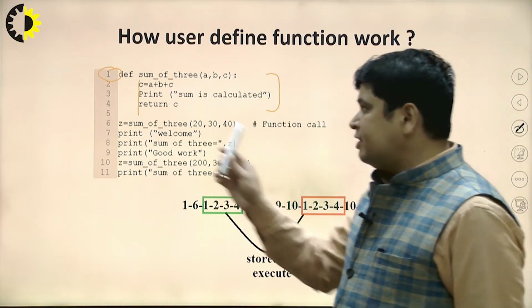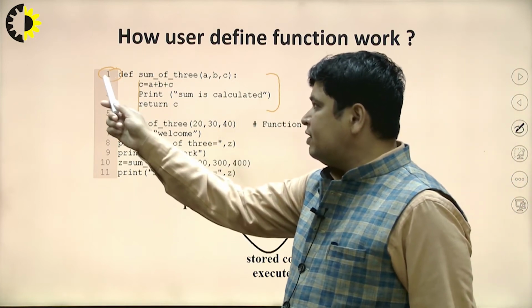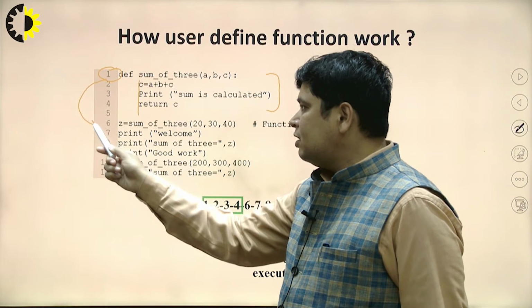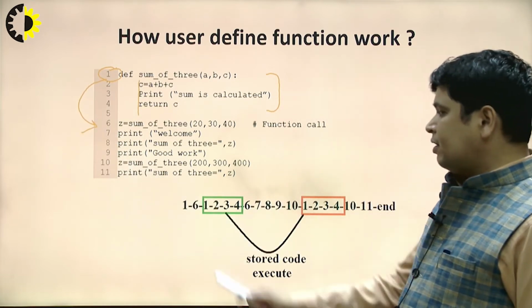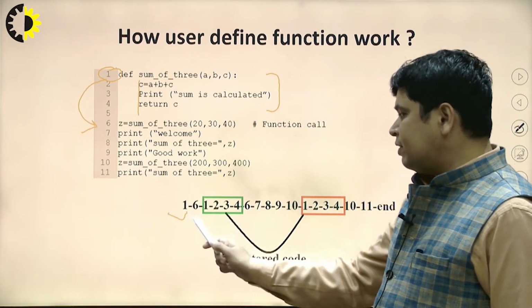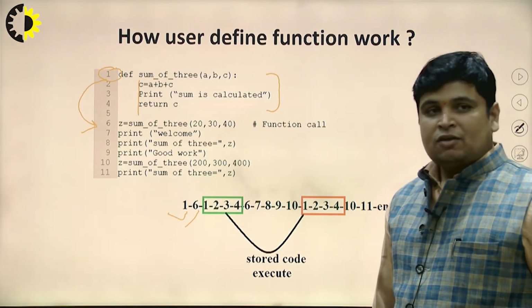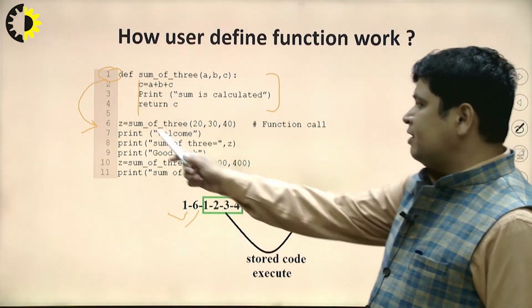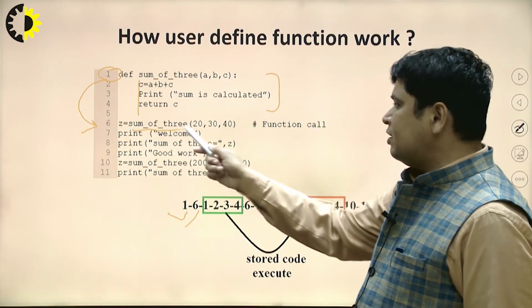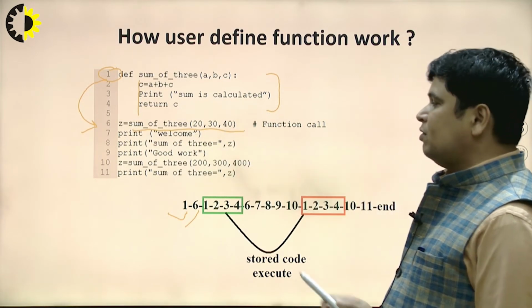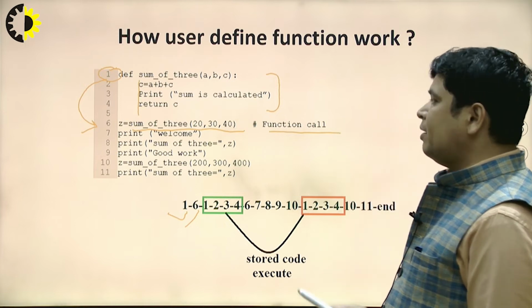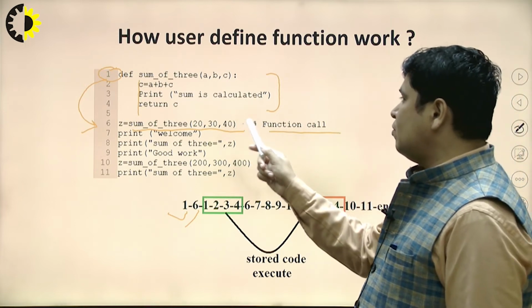So it skips the body of the function definition and immediately moves to the 6th line. Then the first line will be executed, then the sixth line will be executed. At the sixth line, immediately the sum_of_3 function will be called, because this is a calling statement. Immediately control moves to